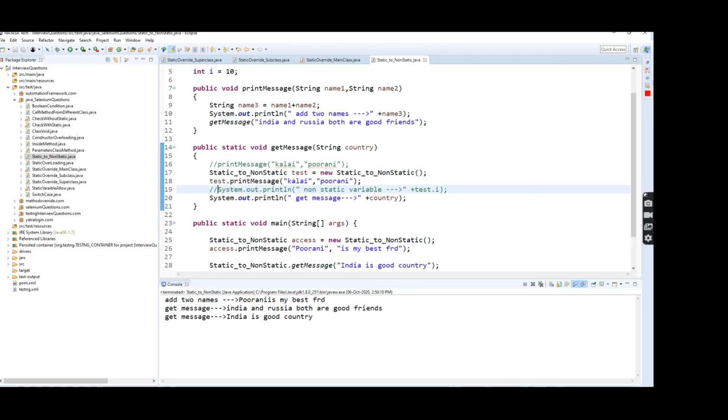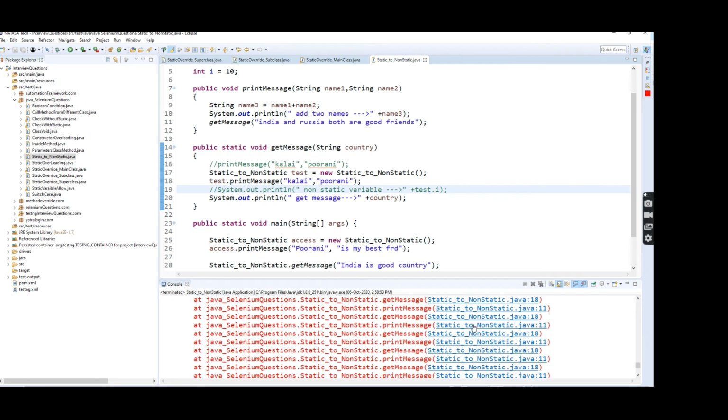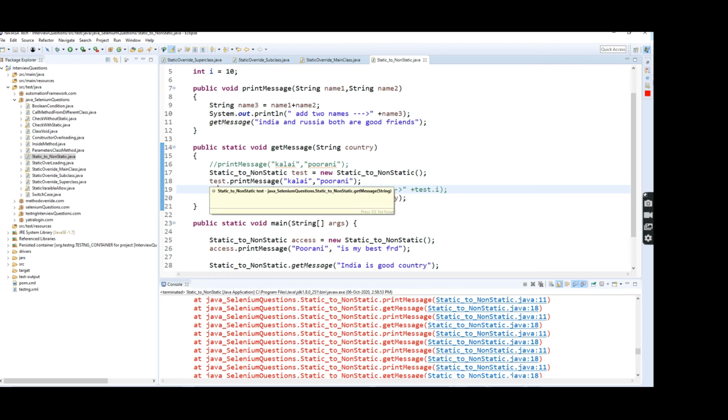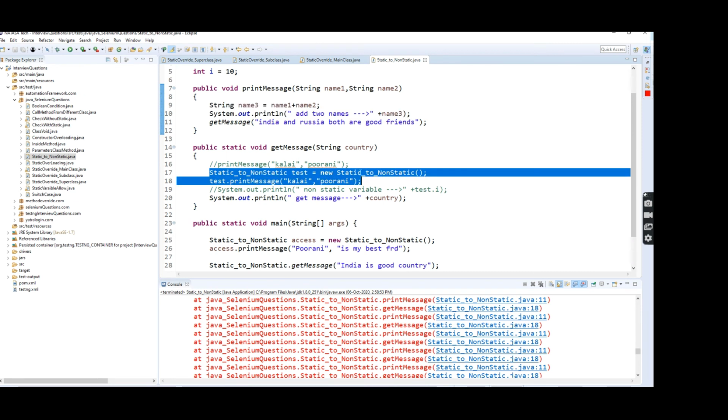First we need to check the method. I'm going to execute. It won't execute and throws an error. But it will support accessing the variable. The method executes within the method, and these two lines are bound to the non-static method itself, but the variable we declared is at the whole class level, right? For that reason we can access the non-static variable using the reference variable of the class name.